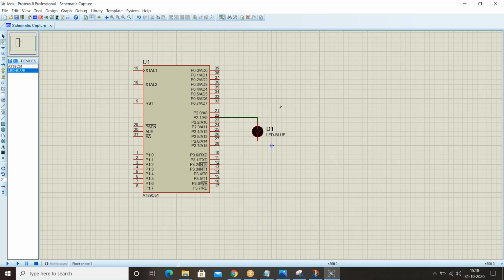Guys, you know the LED logic: the anode is connected to the power supply and the cathode is connected to ground. I connected the anode to port 2 pin number 1 and the cathode is connected to ground, right?